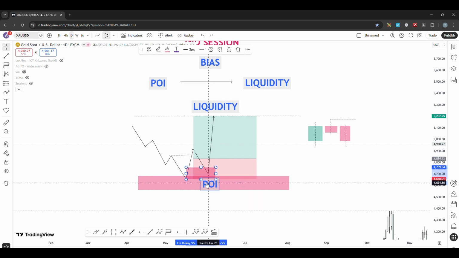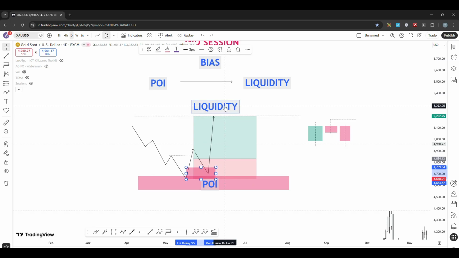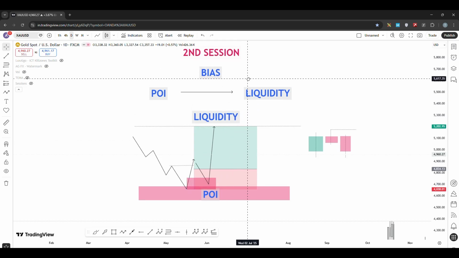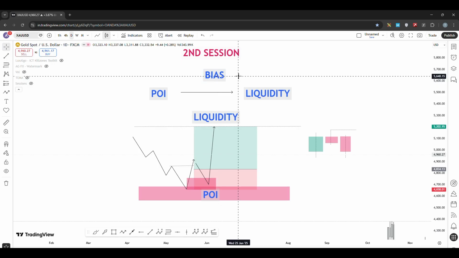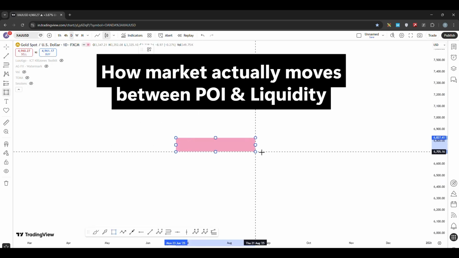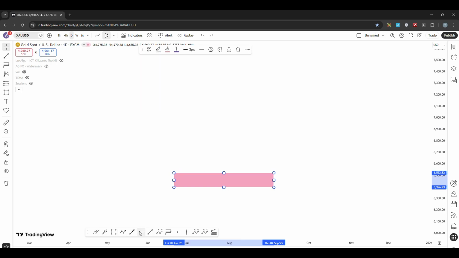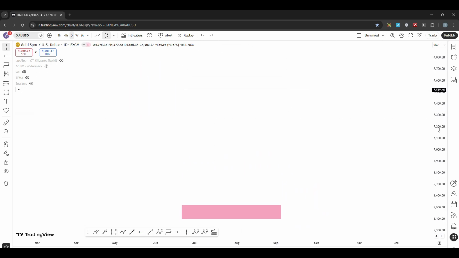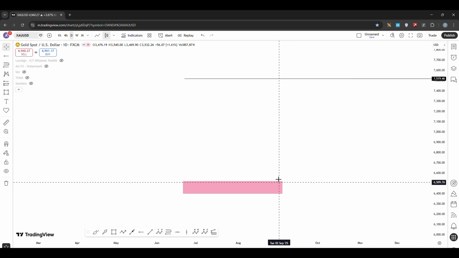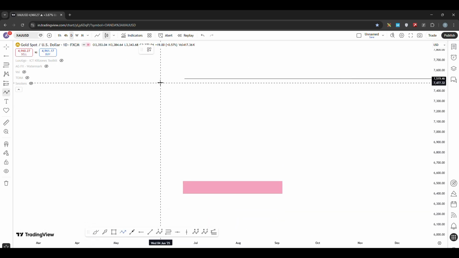Market will come to your POI and then market will go towards your liquidity. Now this is what we call bias. Okay, so let's say we have got a POI over here. So this is a POI, right? And this is our liquidity, right? So this is a POI, this is our liquidity, and market